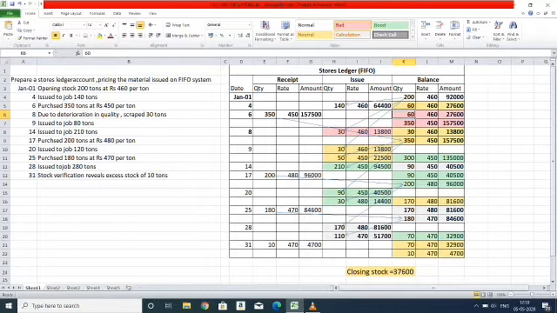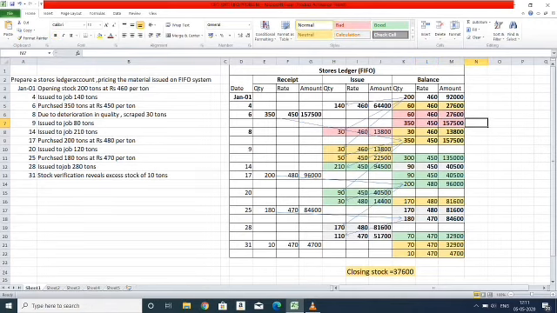Along with it we show these 350 tons at the rate of 450. Then on January 6, our closing balance comprises 60 into 460, 27,600, and 350 into 450,